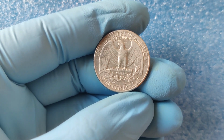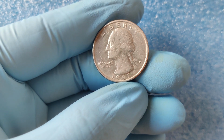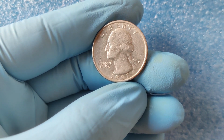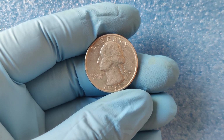The coin in question was a 1991 P mint mark quarter in perfect condition, with a remarkable minting error that made it one of a kind. These types of auctions attract the wealthiest collectors, and when two or more bidders are determined to win, the price can soar dramatically. It's important to note that this type of sale is extremely rare, and the specific factors that